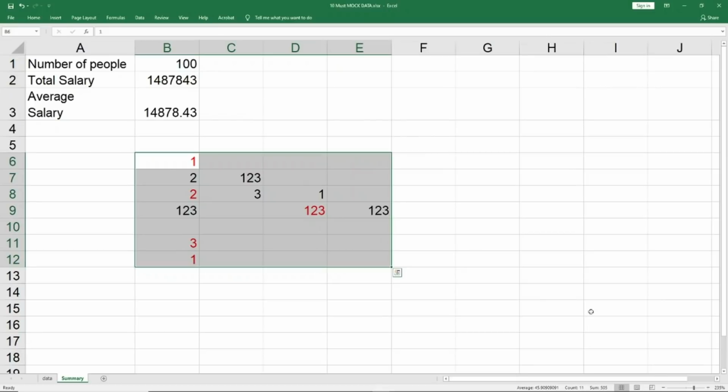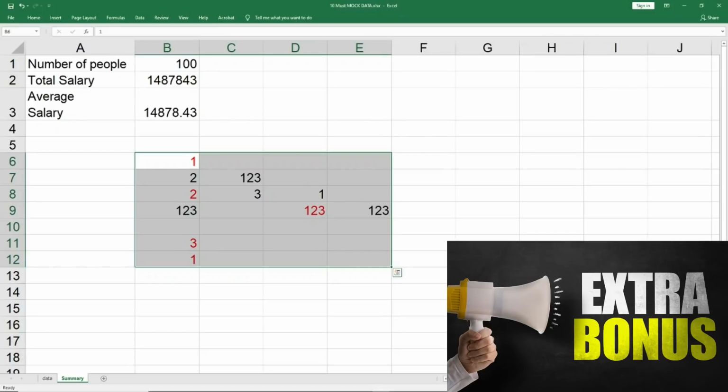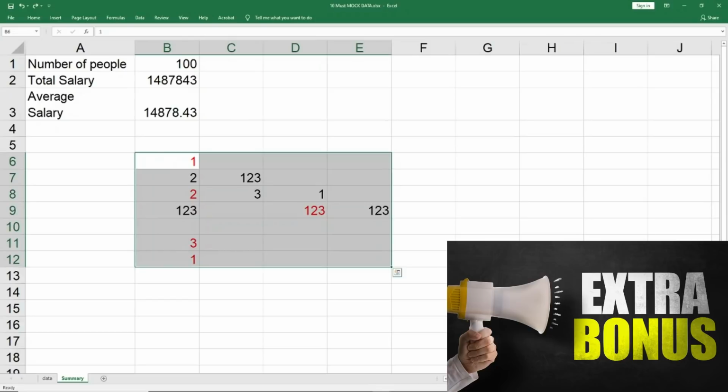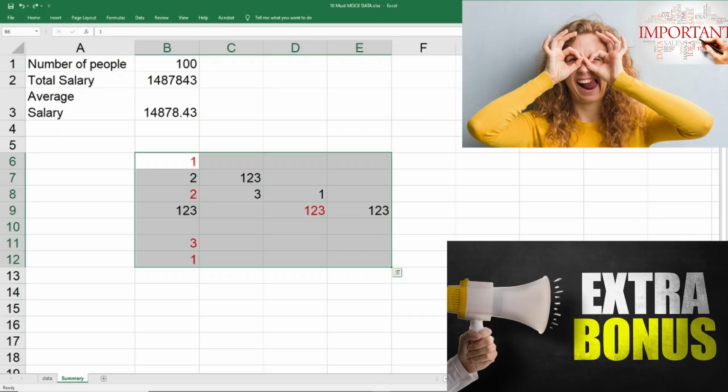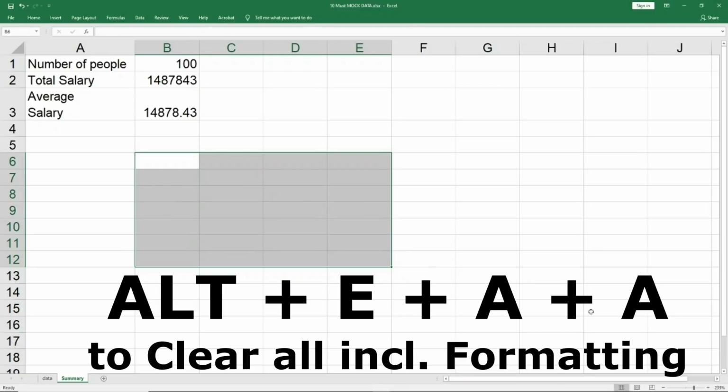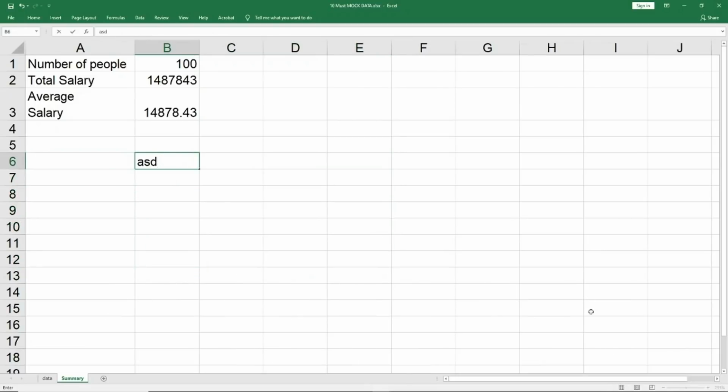One additional thing I would like to tell you here is when I'm cleaning the data, one thing is I can select this and press delete. It will delete the data, but the formatting will not be cleared, which means if I click this and if I come to this cell B6 and write anything, it will still be red because the last formatting known was the color in this cell was red. So what I normally do is, let me undo. When I have to clear everything, I clear all. You can always use your mouse. I honestly don't remember where it is, but in the keyboard shortcut it is Alt E A A. Now everything is clean. So if I come here and write again, it is black because it cleared all the values as well as the formatting.